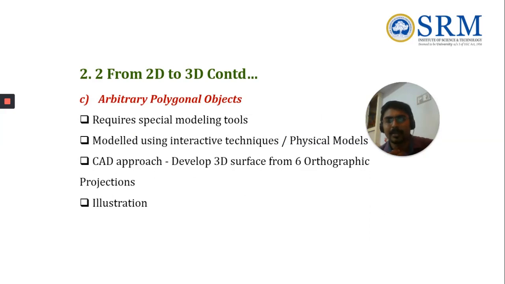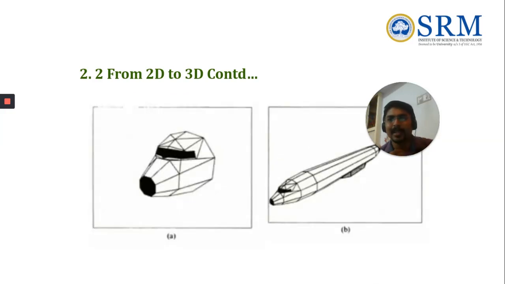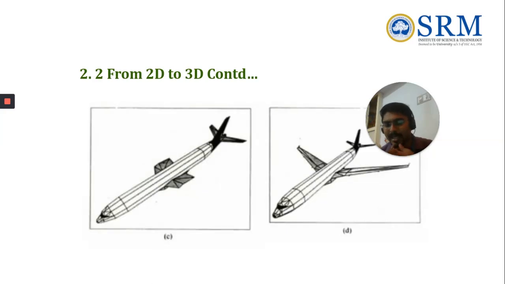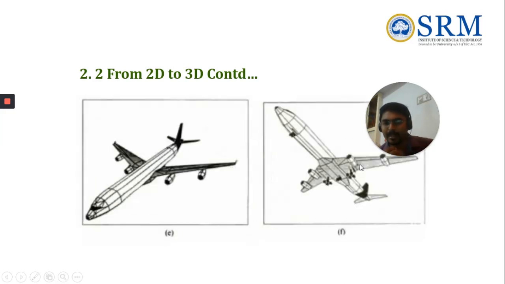And the next one, the same topic from 2D to 3D: arbitrary polygonal objects. First we go for the diagram. This diagram is something like an aircraft. The model is similar to the aircraft initially, and after that we have to extract it. We should use multiple dimensions and multiple geometrical things. This is the first model, and the second model we are just adding. If C is the initial model, then D is the destination model, and similarly E is the initial model and after the rotation F is the destination model.